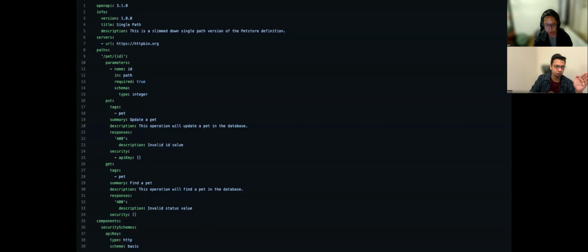You see OpenAPI, the version is 3.1 in this case. You've got your info section, which is the metadata section. You've got your servers specified, what those upstream URLs are. You've got your paths defined, along with some of the parameters, along with some of the tags that are associated with it. What happens when things go right? What happens when things go wrong? The security associated with specific parts can be defined as well, like you see here in the put section. When you're actually changing things, you might want to have a security API key to enable you to do that.